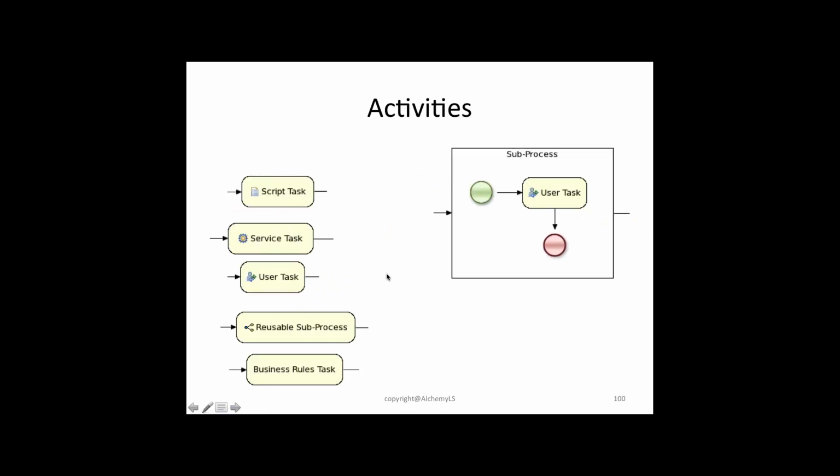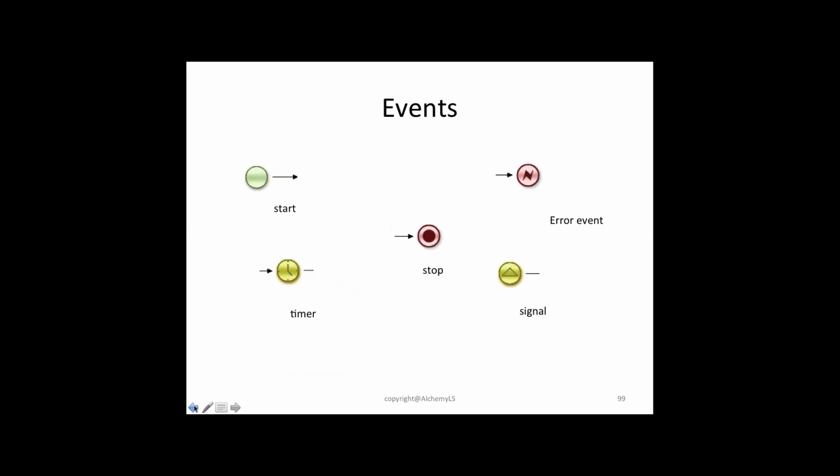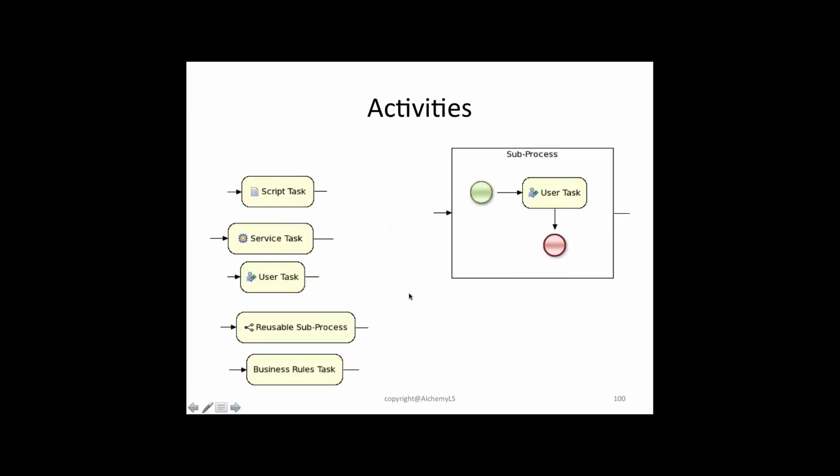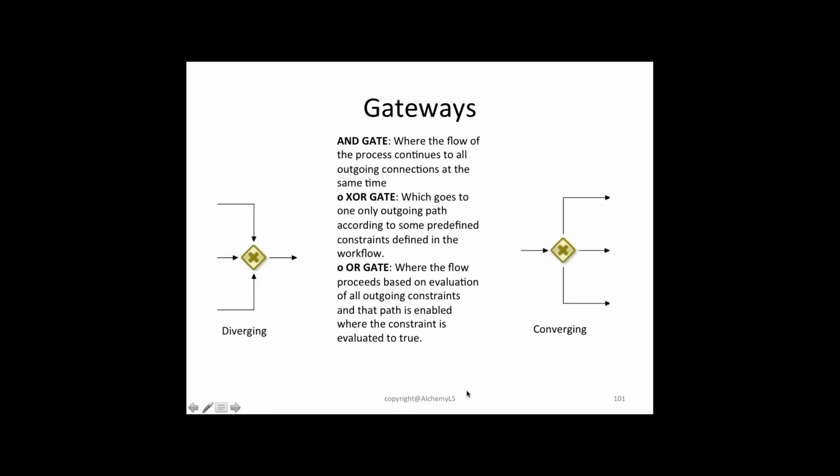These are different types of activities. You have script task, service task, user task, reusable sub-processes, business rule task, which we will write using rules. And a sub-process is represented by a process which has a start and which has an end. Right? So events, we have seen these are different types of events. Then we have activities, these are different types of activities. And these are the gateways, converging and diverging,